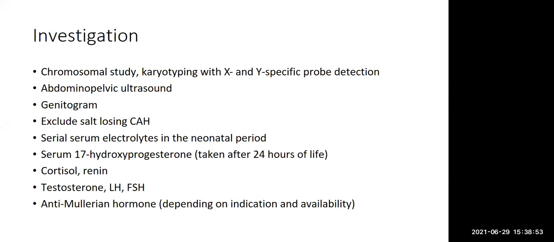For the investigation, first do a chromosome study because we want to rule out whether it is due to the sex chromosome, with deletion in Turner syndrome or addition in Klinefelter syndrome. And then abdominopelvic ultrasound to check the reproductive organs, whether there is presence of uterus or ovaries, and genitogram, also to look for the patency of the reproductive organ itself. And then exclude salt-losing CAH, which is serum sodium and potassium, 17 hydroxyprogesterone level or serum cortisol level, and serum electrolyte, of course the sodium and the potassium, and serum 17